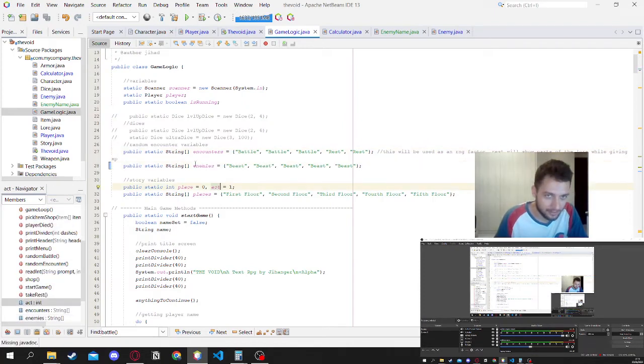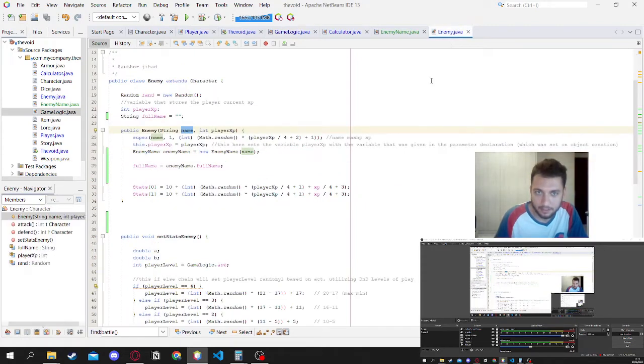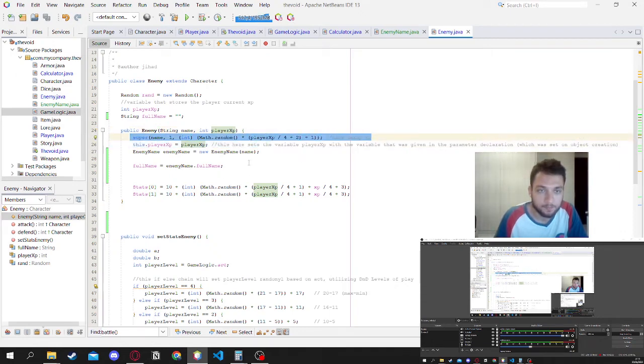So it's the string enemies, and in this case I'm going to put beasts because that's the only one I've programmed for now. So it's going to take beast here, and the player experience, which in the beginning is going to be 0. It's going to create the enemy object,